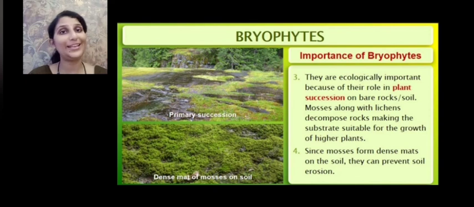The plant body is called the gametophyte, which is haploid in nature, and the gametophyte produces haploid gametes which fuse together to form a diploid zygote, which undergoes division to produce a diploid sporophyte, and its function is to produce spores by meiotic division, and these spores are haploid and they germinate to produce a haploid gametophyte.